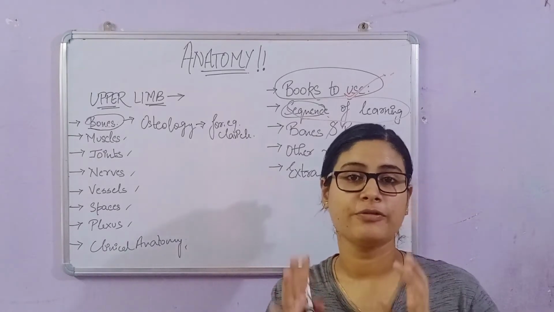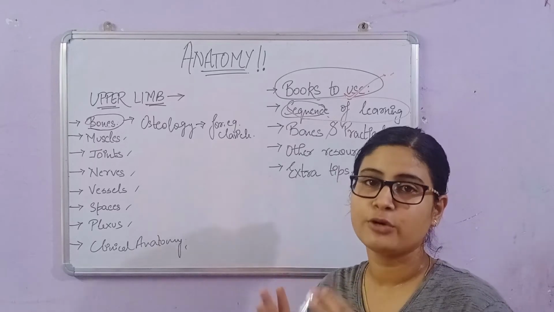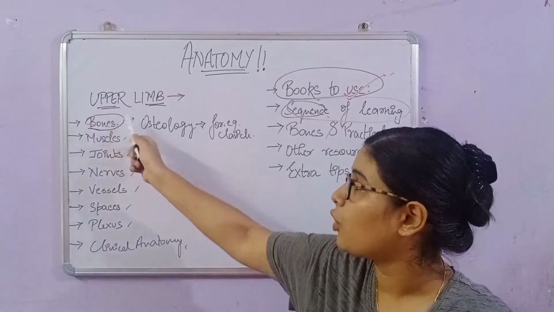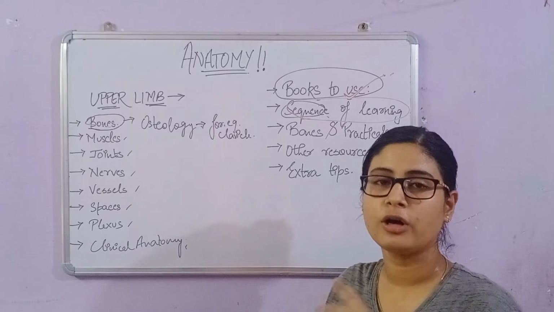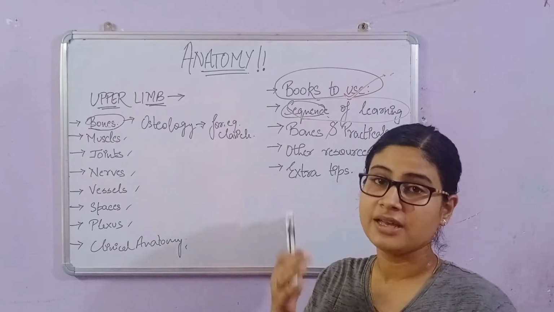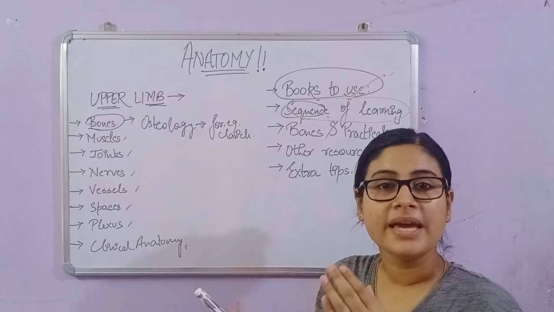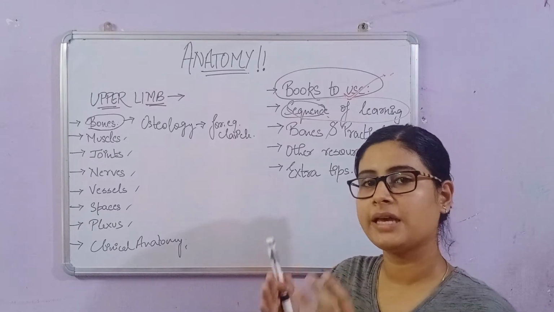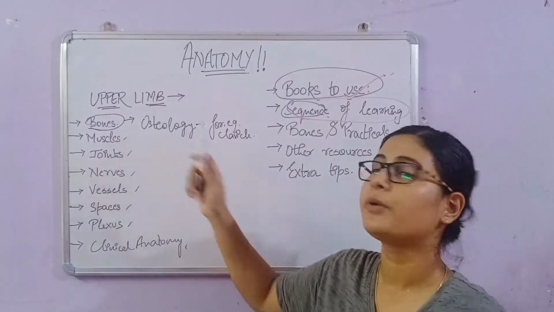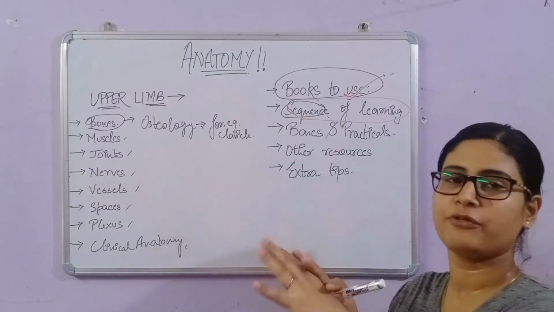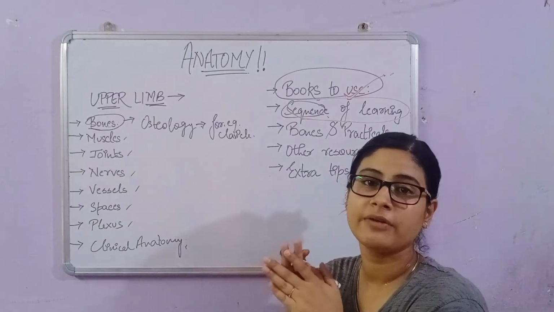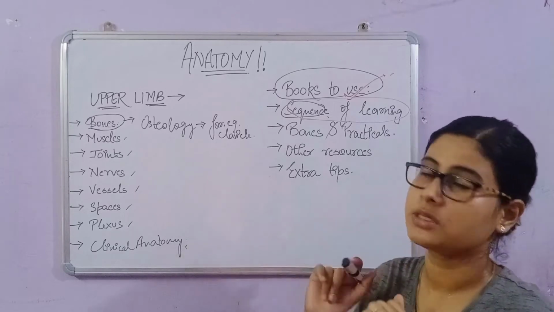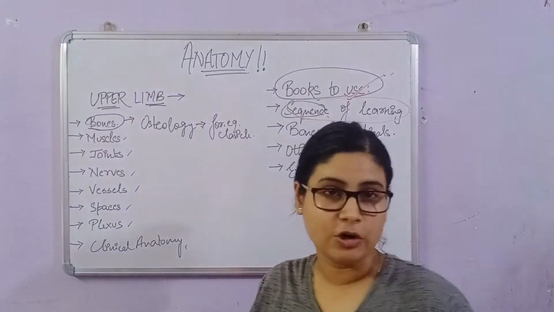You can check for bone osteology videos on my channel. Upper limb is already done. Lower limb is going on. We have completed femur already, and I have to make another lecture for the attachments of hip bone. So we would be completing hip bone and femur in lower limb, and in upper limb all the bones are completed except for hand bones because of unavailability of hand bones in my house. So we are done with osteology.